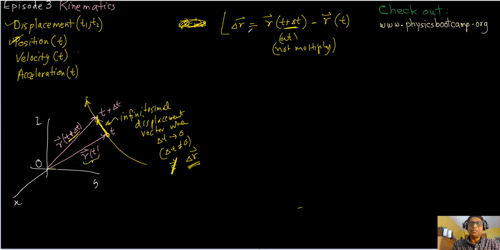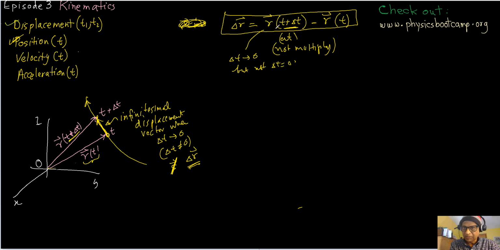And you can see that delta t is going to 0, but not delta t equal to 0. So there's always going to be a little difference in time, and if the particle is not moving, then r will remain the same. But if the particle is moving, there will be a little different place, and that difference is what we are after, because we're trying to capture motion when we study kinematics. Okay, so that's the displacement. This is the infinitesimal displacement,